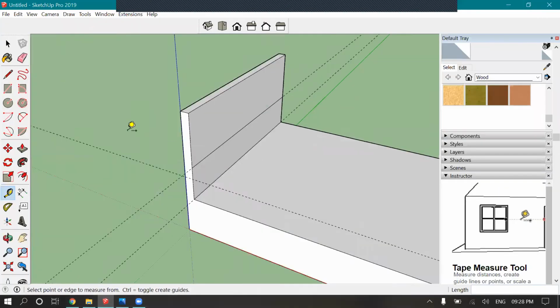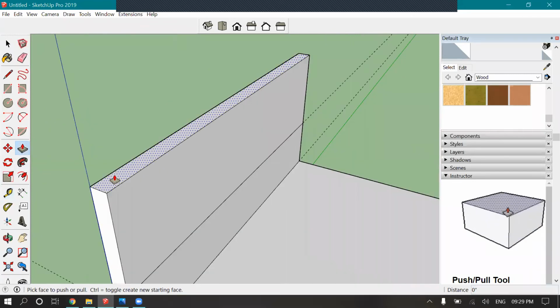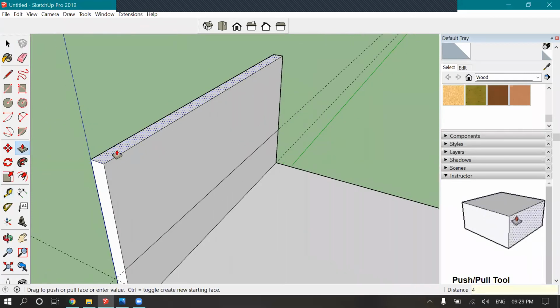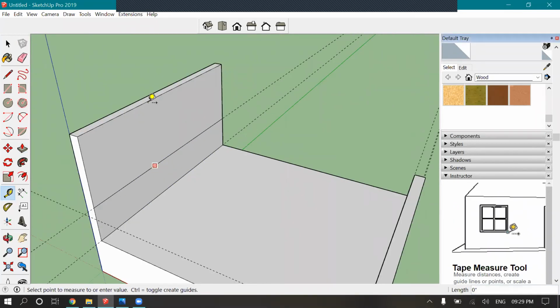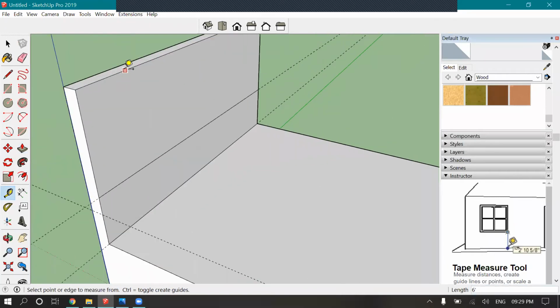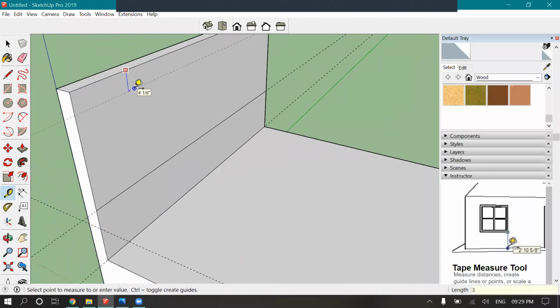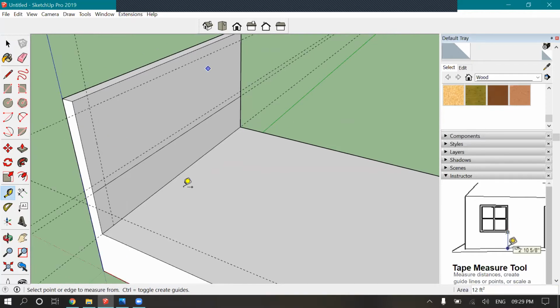So 1 feet 8 inches won't work. We need to extend this by about 4 inches, so our workspace will become 2 feet. Okay, that's fine. So we'll be leaving 3 inches from the top, 2 inches from behind, and 4 inches from the side.